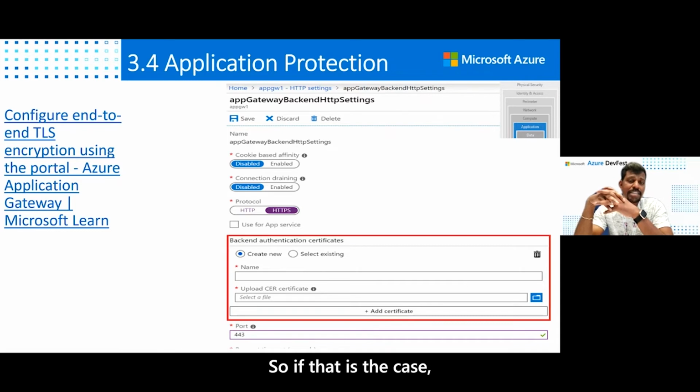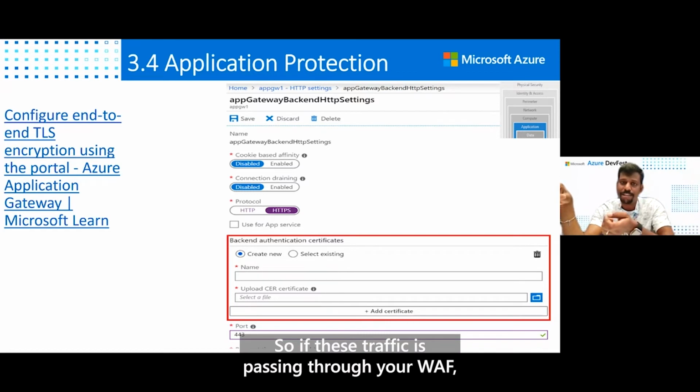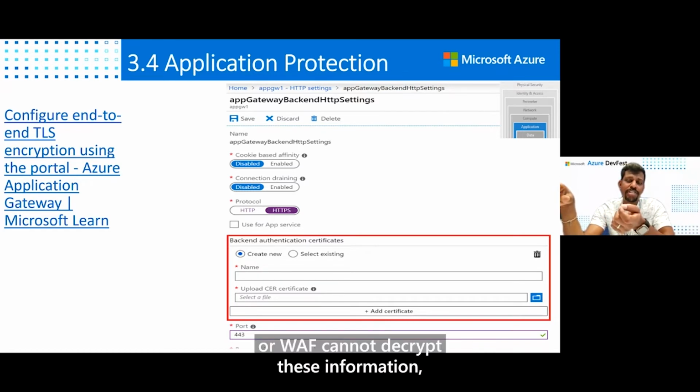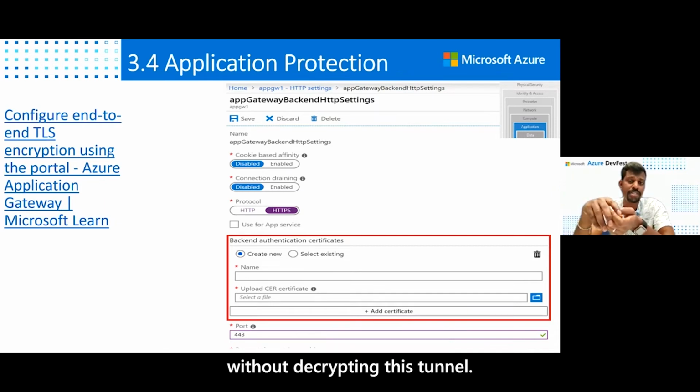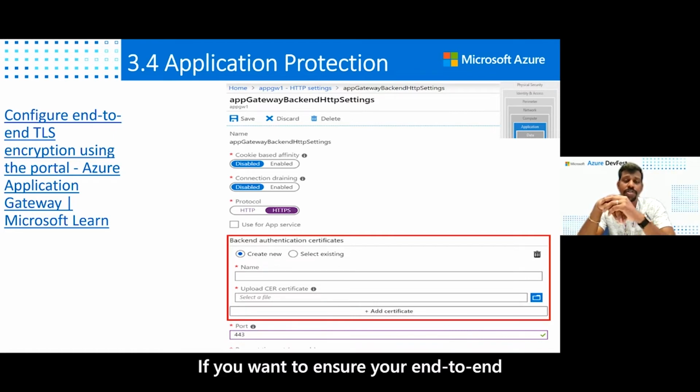So your traffic from your end users to your application service is going to be encrypted. If this traffic is passing through your WAF, the WAF cannot inspect what kind of traffic is flowing through it without decrypting the tunnel. So for that reason, if you want to ensure end-to-end